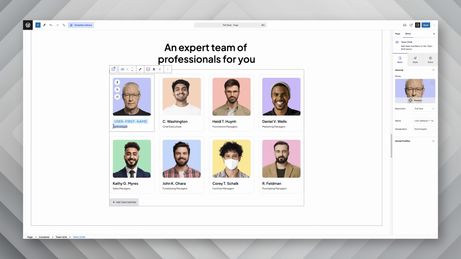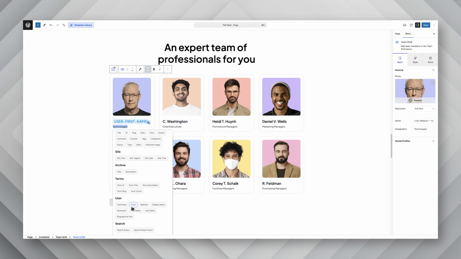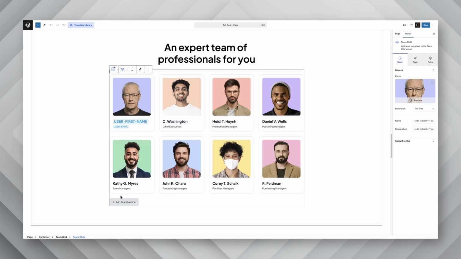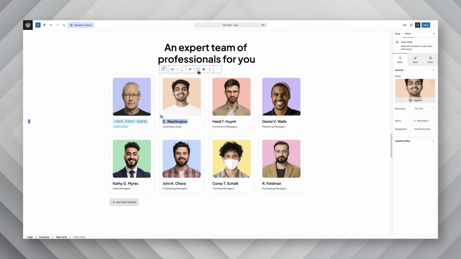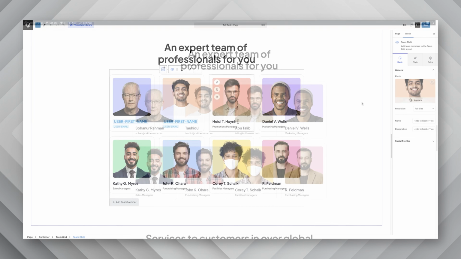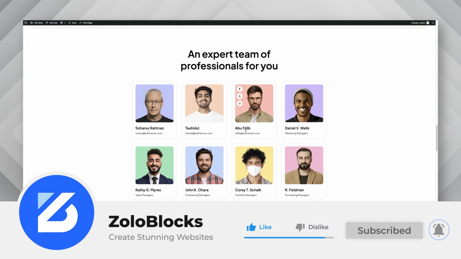Next, select the designation, click the dynamic content icon again, and choose Email from the User section. Configure the settings just like before, then click Apply. By following this process, you can set dynamic content for all team members. Once done, save your changes and preview the page. You'll notice that each team member's name has been dynamically updated with their first name, and their designation has been